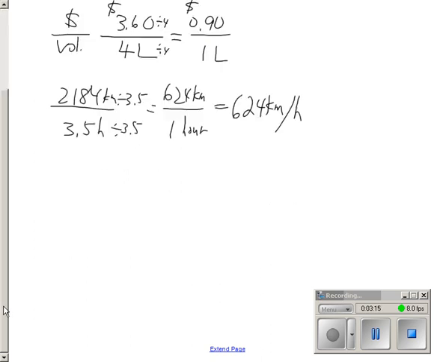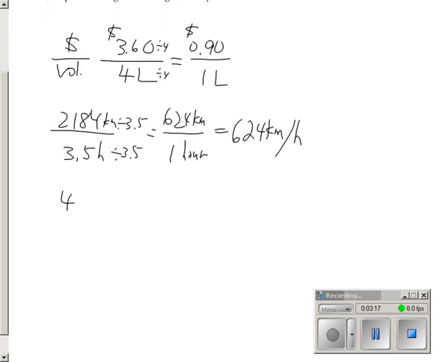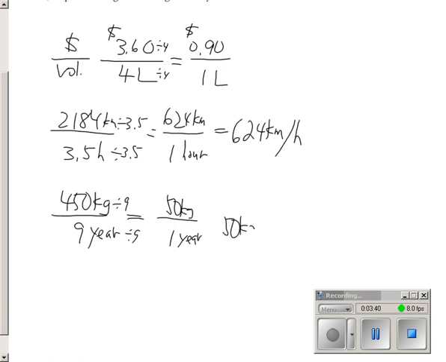And the last one, a polar bear gains 450 kilograms in 9 years, similar to me. So we'll extend this page a little bit. 450 kilograms in 9 years. And remember, we could have this reversed, years per kilogram. How many years does it take to gain a kilogram, or how many days in that case, and so on. Divide both by 9. I have 1 year. He gains 50 kilograms. So what does that mean? He gains 50 kilograms per